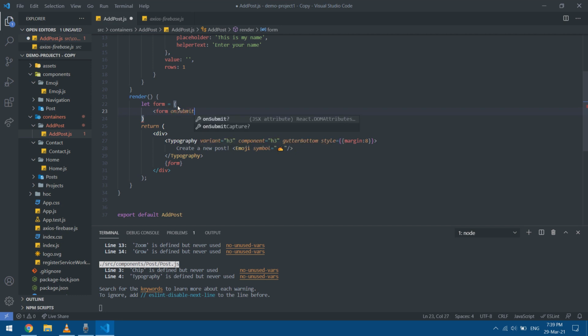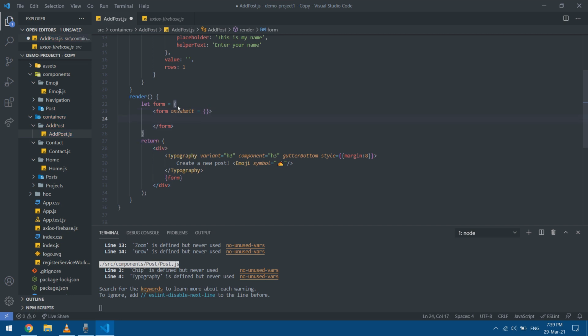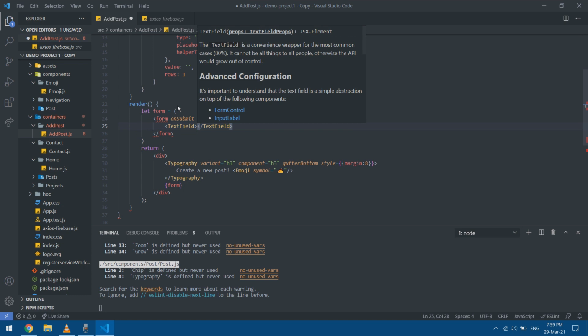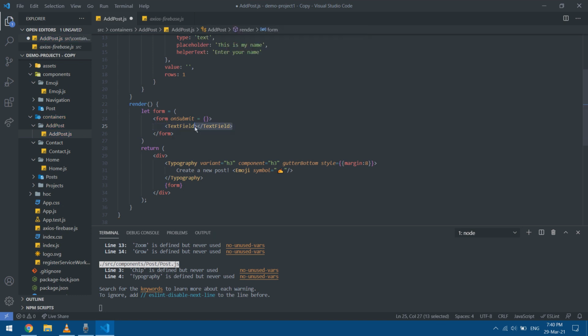So let's start with the form, and inside this form I'll create a form element, and it will have an onSubmit method, which I'll fill later on. And inside this form I have a text field. The text field is from the Material UI. Again, I can use it from the Material UI, or I can create another input. It will be a self-closing element. We have nothing